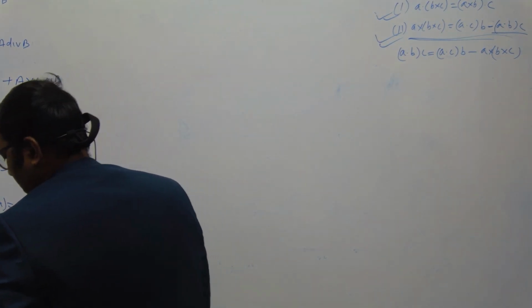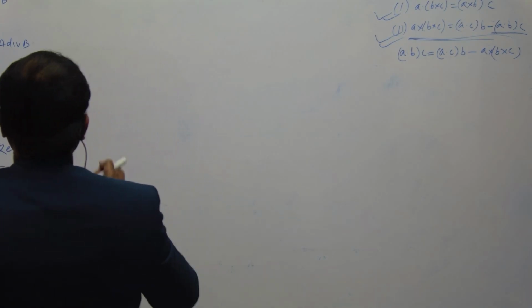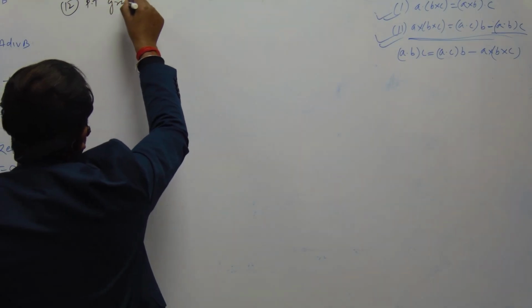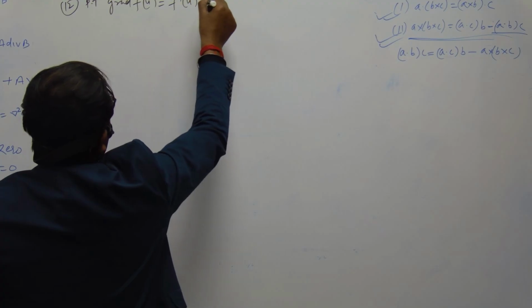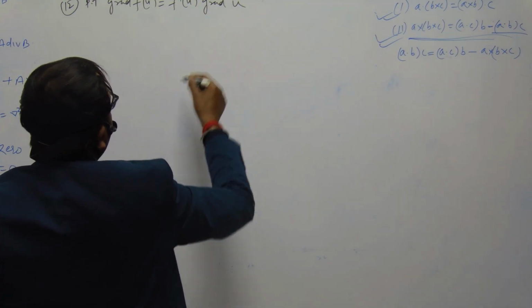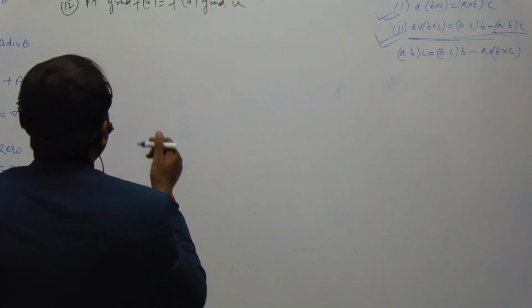Question number 12. Prove that gradient of f of u is equal to f dash u gradient of u. Okay, so let us solve this. So we have the gradient of f of u as